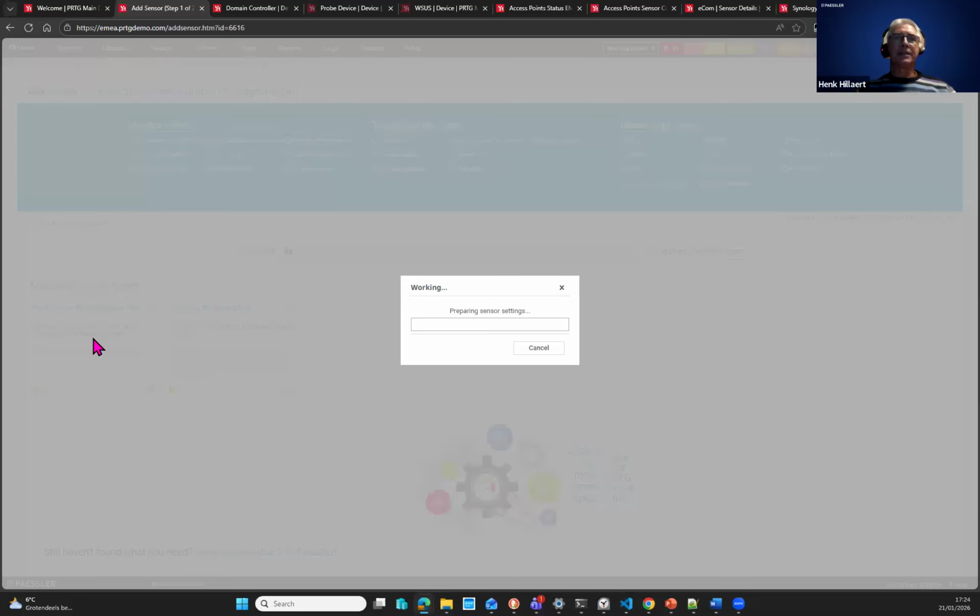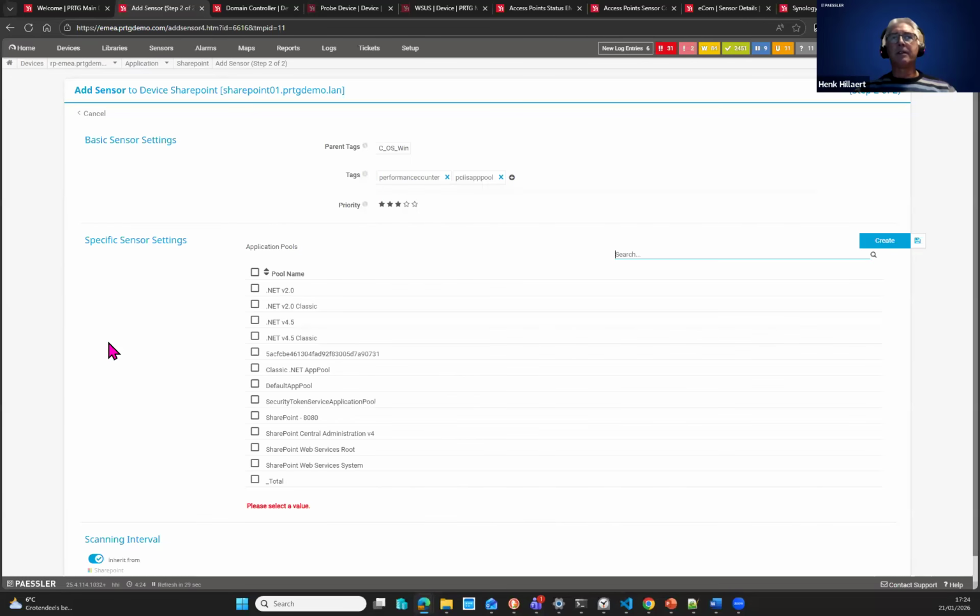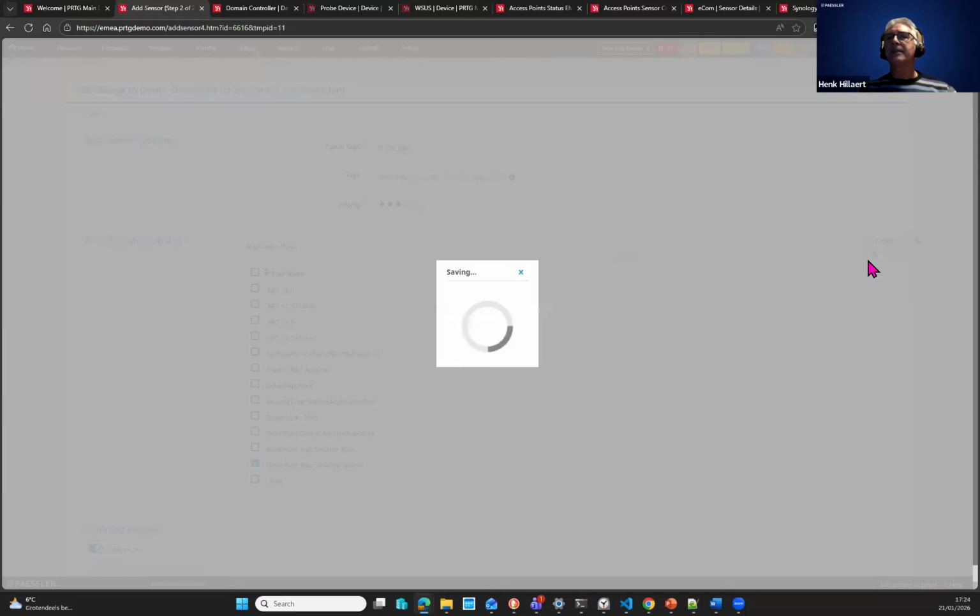The performance counters this time. You know that Windows has about 55,000 performance counters, so it's nice that you don't have a long list like that. But here, regarding IIS, you see that we have a difference between the previous sensor and the current one. But again, of course, since we talk about SharePoint, the web service is in here as well. And if I select that,